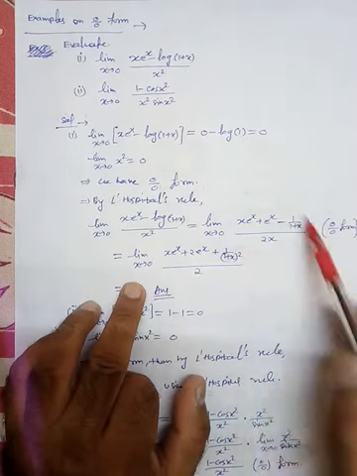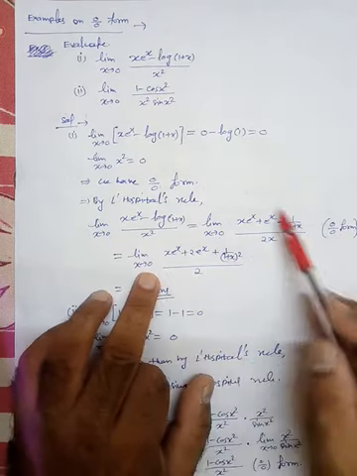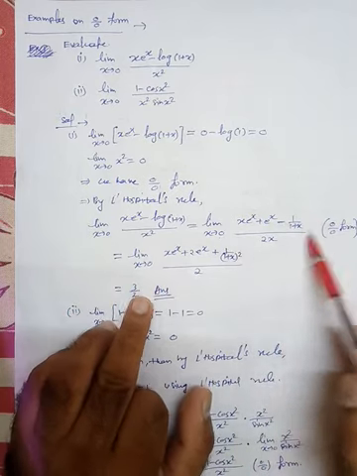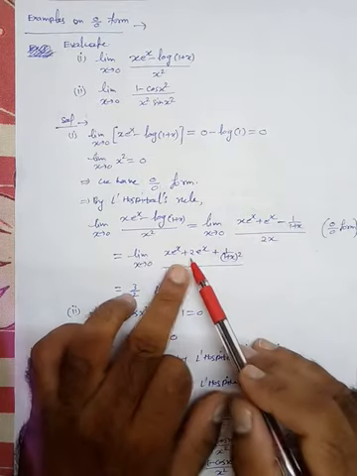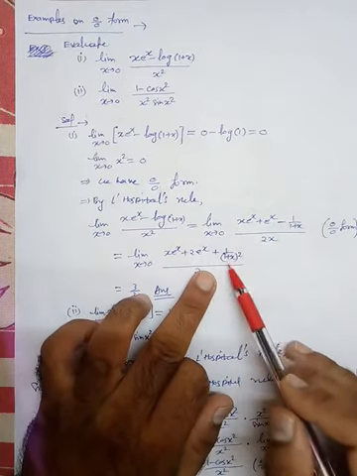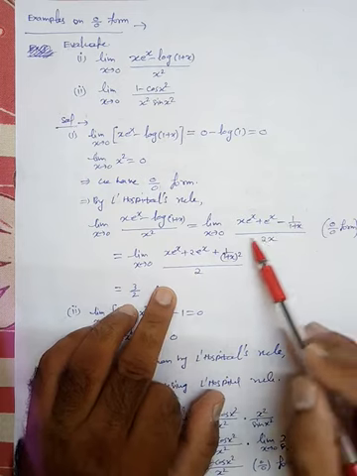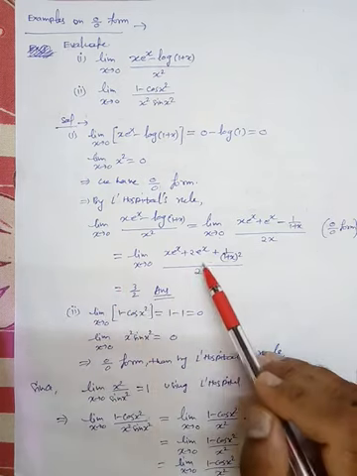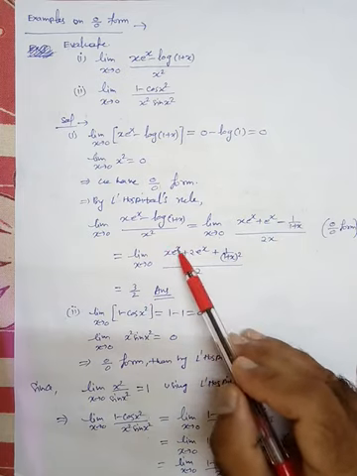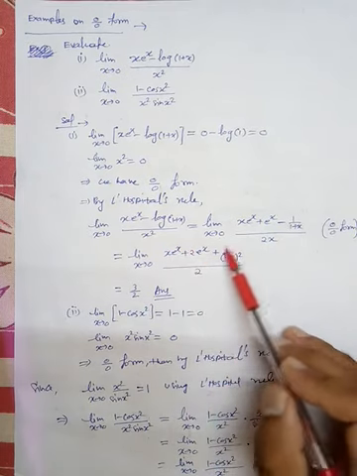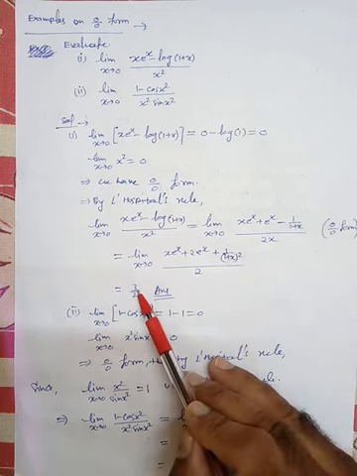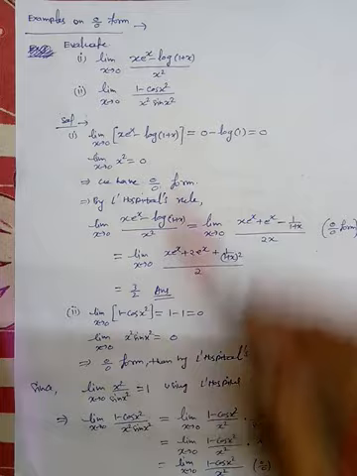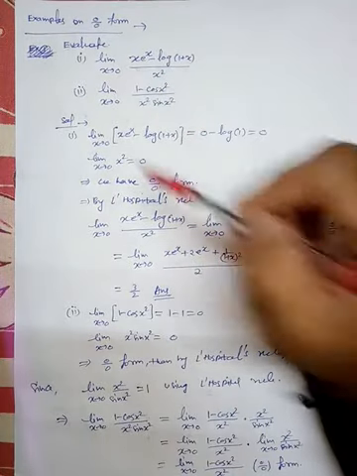So again apply the L'Hospital rule here. The limit as x tends to 0, again differentiating the numerator and denominator separately. The derivative of the numerator is x e^x plus 2 e^x plus 1 upon (1 plus x) whole square. The derivative of the denominator is 2. Okay. Now apply the limit. Here we get 0, from here we get 2, from here we get 1. So 2 plus 1 is 3, and the denominator is 2. So 3 by 2 is the answer. Okay. So 3 by 2 is the limit of this function.